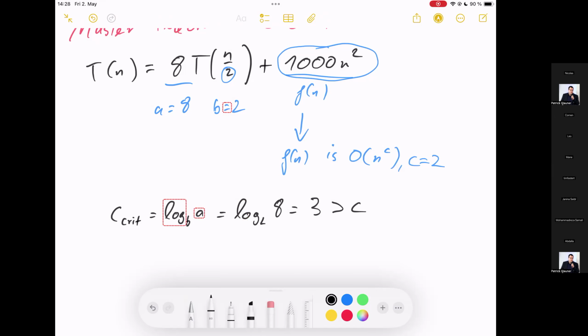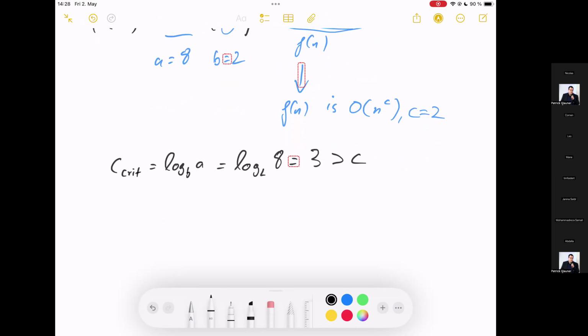And now we have fulfilled the conditions of case 1 in the master theorem. So we said in the definition that T of n is theta of n to the power of C critical,